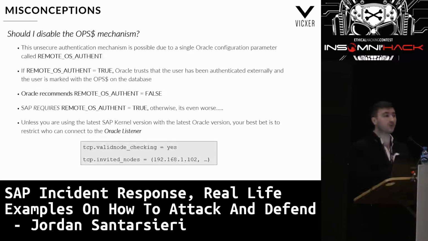And actually it's worse if you disable this, because the only way that the application servers will be able to connect to the Oracle database is if you have a hard-coded user on the database with SAPSR3 as the name and SAP as the password. So it's even worse. So you can either put a firewall there, or what people do is configure and restrict who can actually connect to the listener. There are two parameters once you activate this filtering, and then you specify the IP addresses or the host names that you want to allow access to the database. There, you need to put the IPs or the host names of the application servers, and of course, you want to put the IP address of your DBAs.